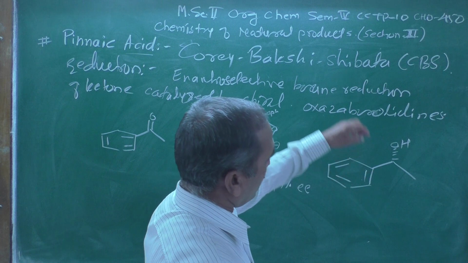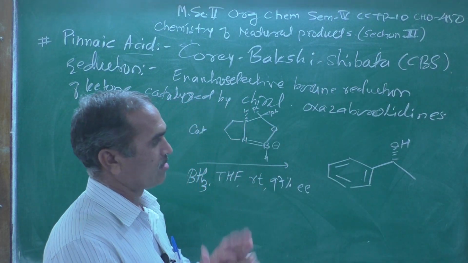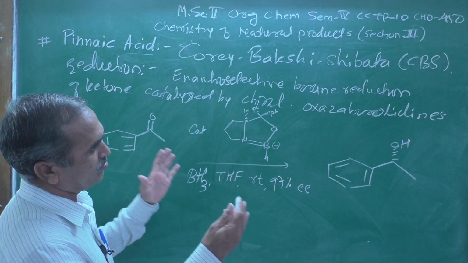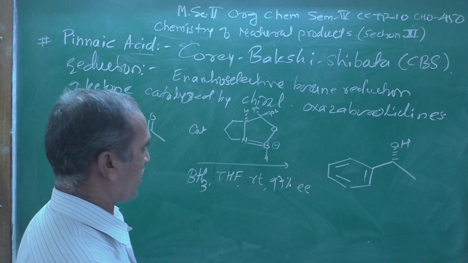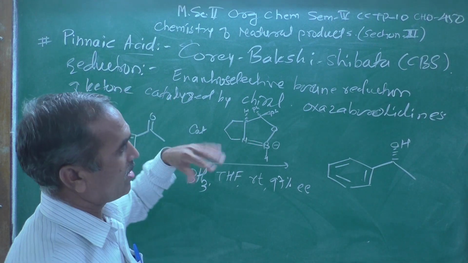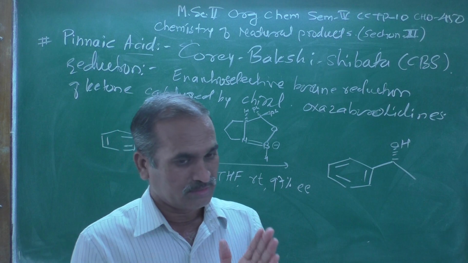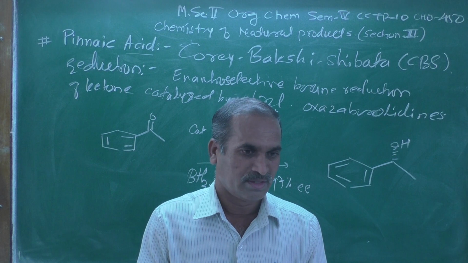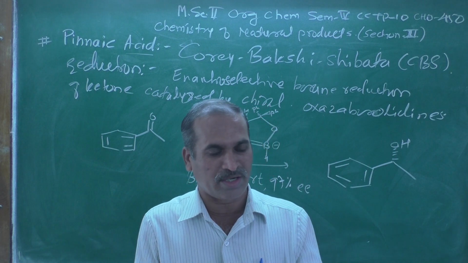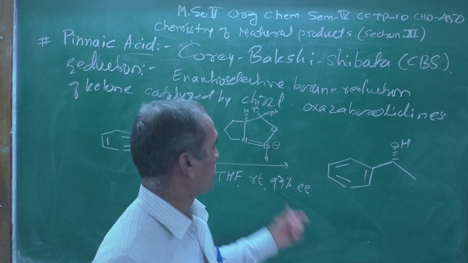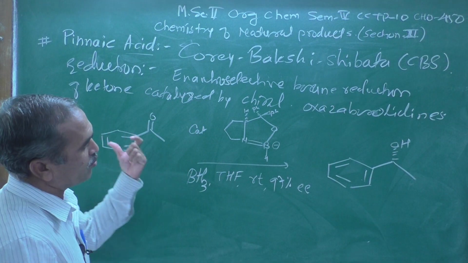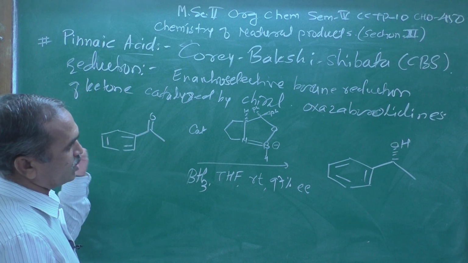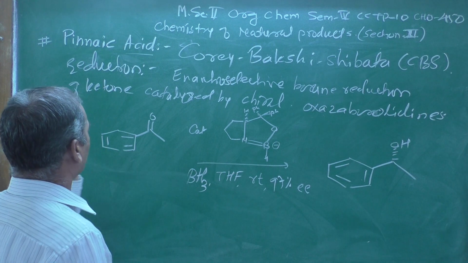Reduction can be done, so specifically the chiral center is what we have got over here. That type of reaction is termed an asymmetric reaction, because the title of this paper is the asymmetric total synthesis of pinnaic acid. So if you look at it, this is a beautiful example of asymmetric synthesis. The starting compound is non-chiral in nature, acetophenone.